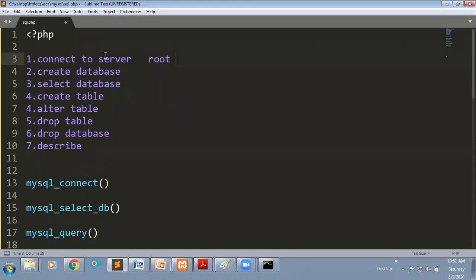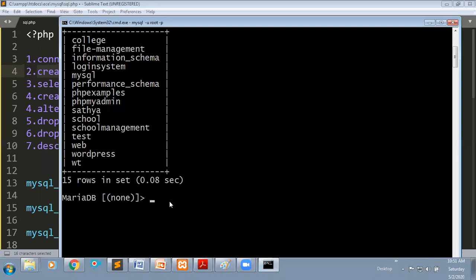After connecting to the server, you can create a database. For example, I want to store my student information in a single, specific database. So I will create one database. To create any database, we have a simple statement, create database.